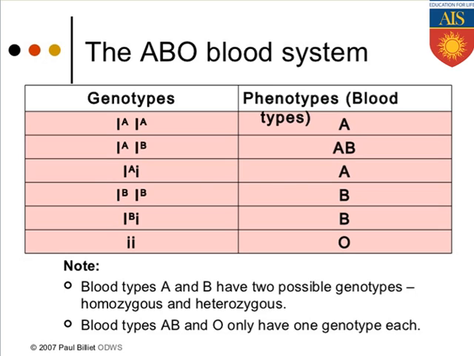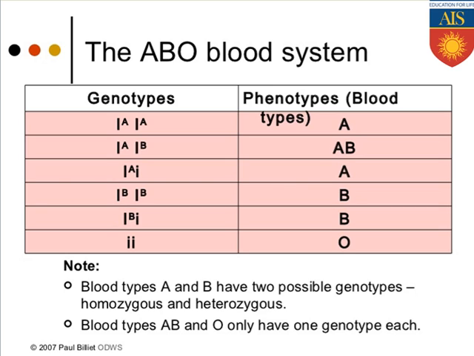Out of these 3 alleles, IA and IB are both dominant alleles, and IO is the recessive one. We already studied in codominance that IA and IB, these 2 alleles, express simultaneously, and that is the codominance phenomenon. Those individuals in whom both the A and B alleles express at a time have the AB blood group, because they have AB antigens on the surface of RBC.